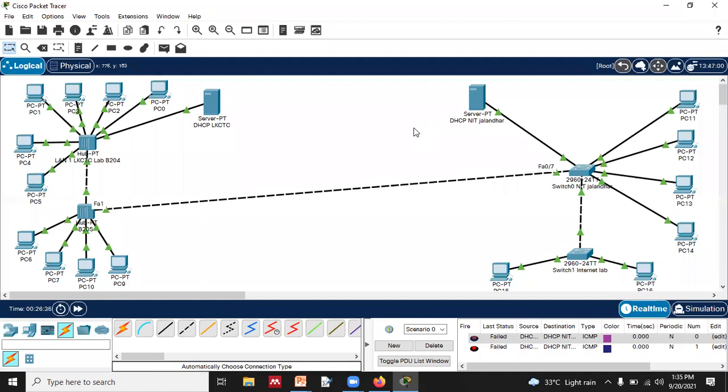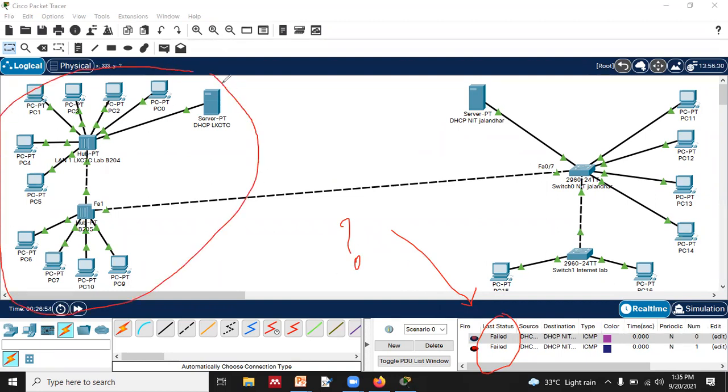Can any one of you tell me why it failed? Why is this coming? Both are different networks. That's why. Now you understood that over here, if I want to connect the hub and switch, right? So the address needs to be the same. If I connect any different network device here, then what will happen? I will not be able to communicate. Right?